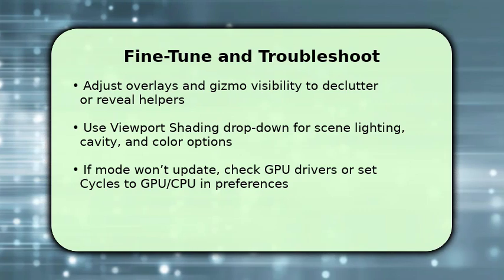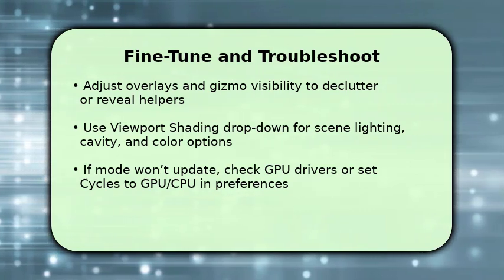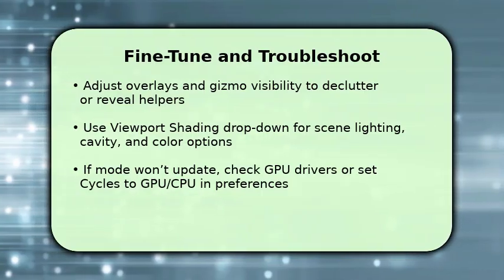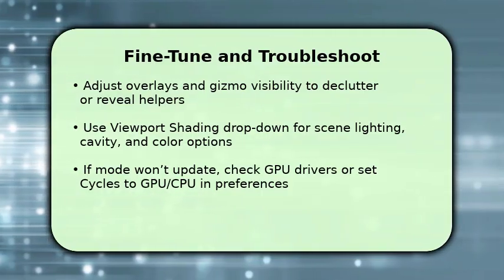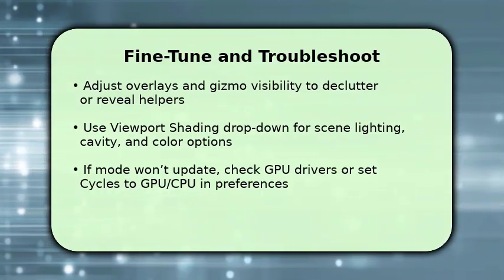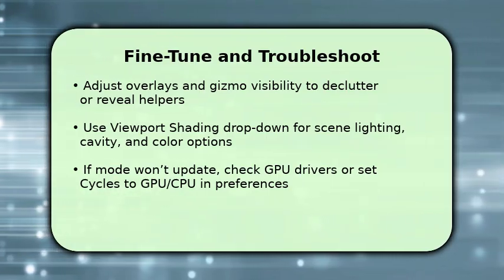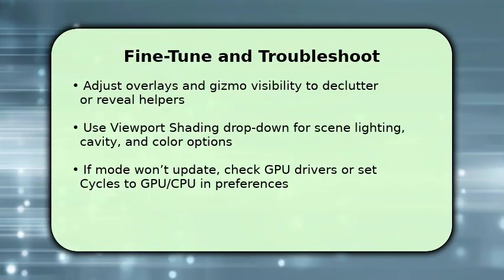Finish by fine-tuning. Open the viewport shading drop-down to control scene lighting, cavity, and color settings, and use overlays to show or hide guides and annotations. Once you've selected a mode that suits modeling or look development, test interaction, rotate, orbit, and toggle gizmos to confirm